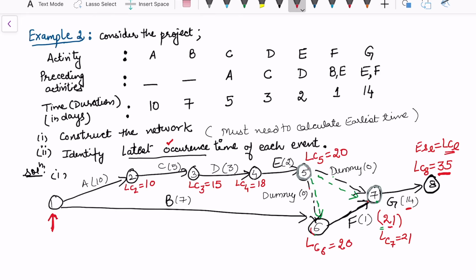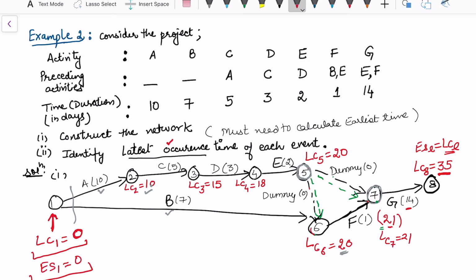And A has started this activity B. So I'm going to subtract 21 minus 7. So that is 14. We need to take the least time, because the maximum time is taken by the starting. This starting time was carried out because of all the other activities that were involved in the project. So for latest, subtract this one. This means LC1, the latest completion of the first node, is 0. And that is how we have written the earliest starting time of the first node is 0, and the latest completion time of the first node will also come out to 0 by this forward and backward pass calculation.